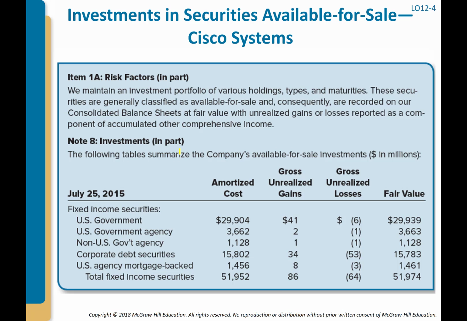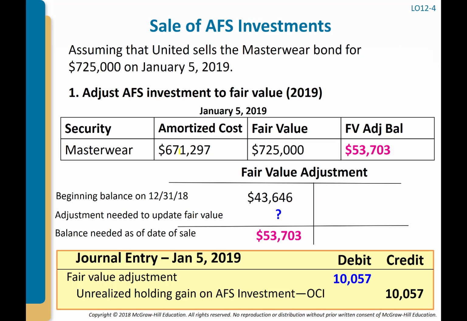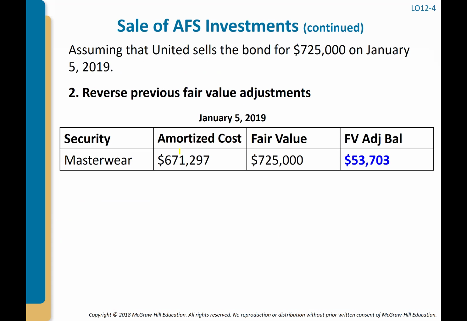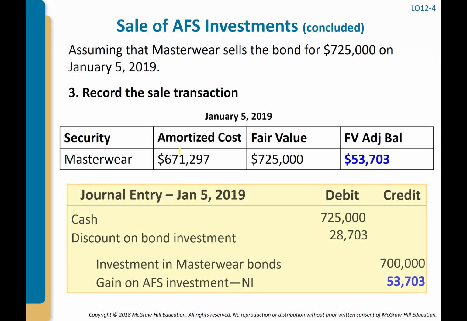So let's go back to this journal entry that got us here. We take the additional amount, make the fair value adjustment, putting it into other comprehensive income for the period, right? So other comprehensive income has come up 10-something this period. But then I do the reclassification adjustment to back everything out of my other comprehensive income, and I end up reporting this fair value adjustment. I reduce my fair value adjustment to get rid of it. Now,